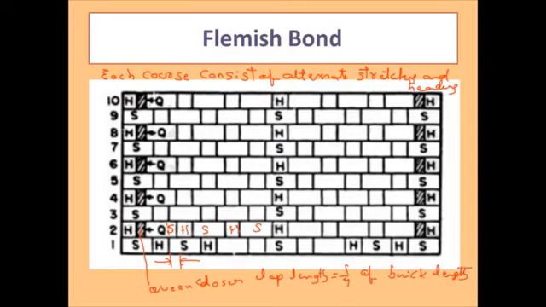Then whatever the thickness of the wall, here also you can construct one brick wall, 1.5 brick wall, two brick wall, 2.5 brick wall, everything. If you compare the English bond and Flemish bond, English bond is most suitable for the construction of load bearing walls, but this bond can also be used for load bearing walls. Among all the types of bonds we have, Flemish bond is known to be the most lucrative bond. That means among all four conventional bonds, it looks the best.